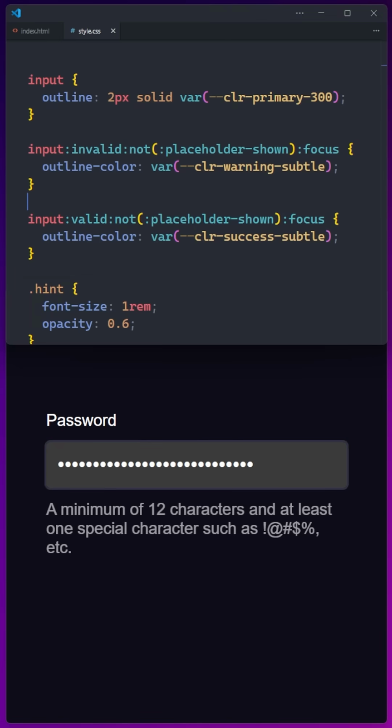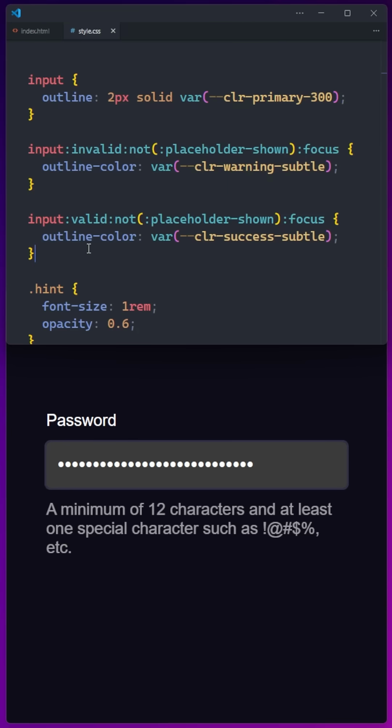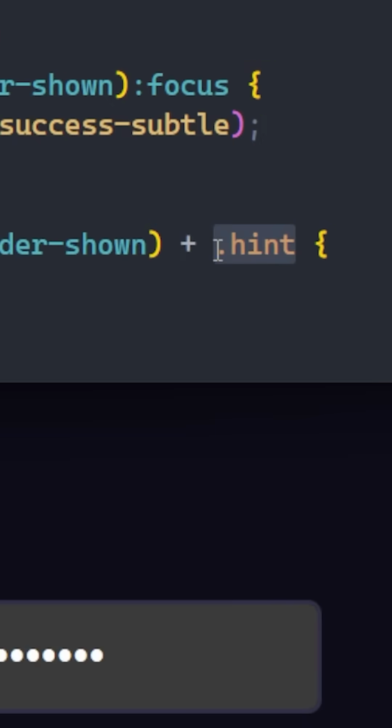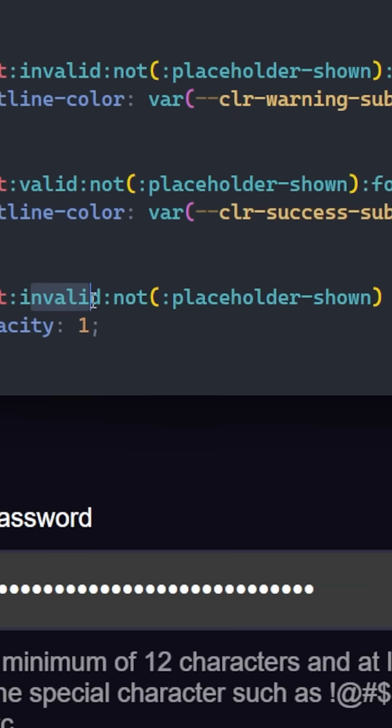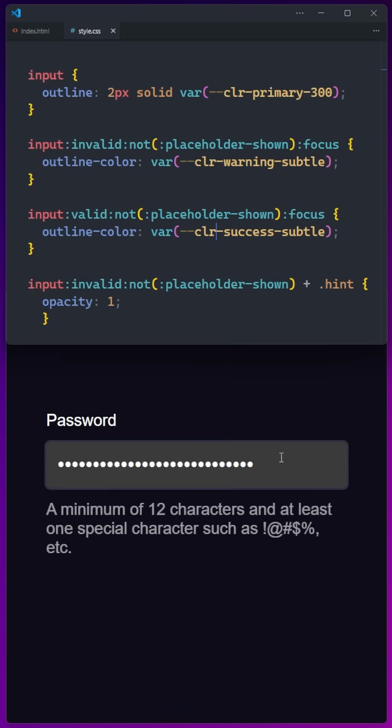color. If you do have any hints like we have in this example right here, it depends a little bit on the structure that you have, but in this case, the hint is coming directly after the input. And what that means is I can come in here and we can use a selector like this one, where we can check if the hint is an adjacent sibling to an invalid input that does not have the placeholder showing, and then do something like boost the opacity or change the color of the hint to make it more